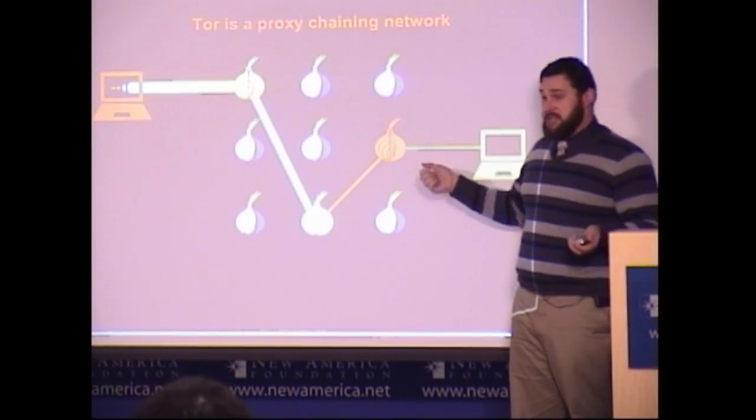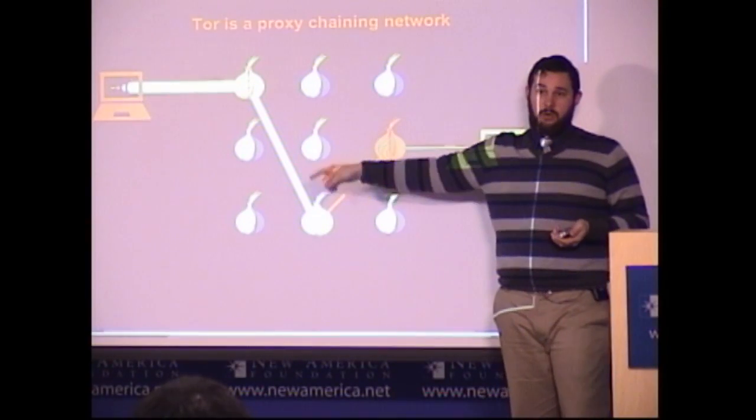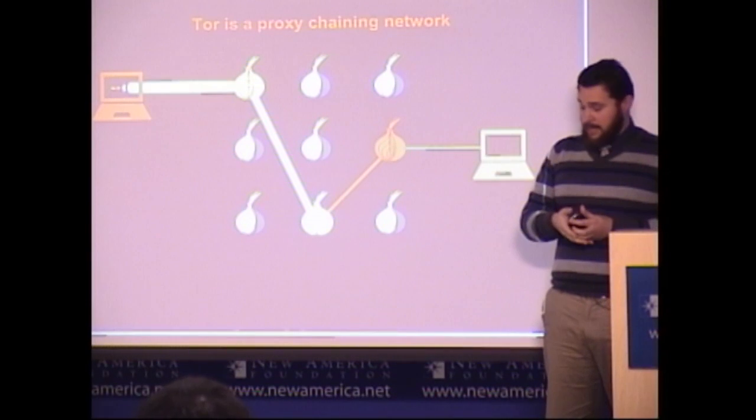And when he sends it to Orange Onion, who unencrypts his little chunk, because you've encrypted it to each individual person in these layers, you're wrapping these layers of encrypted data, the final onion opens this up and goes, oh, hey, White Onion wants to talk to this green laptop. He has no idea who Green Onion was. He has no idea who you were. All he knows is the endpoint. And then right here